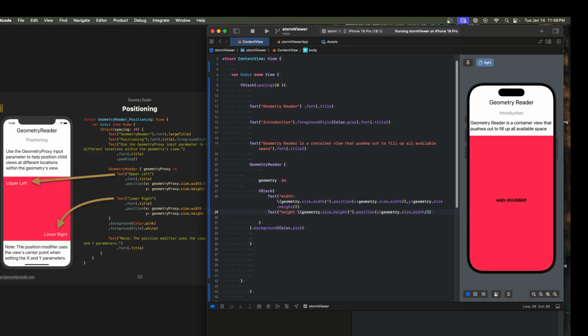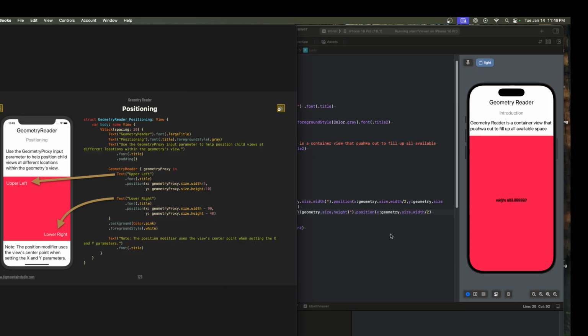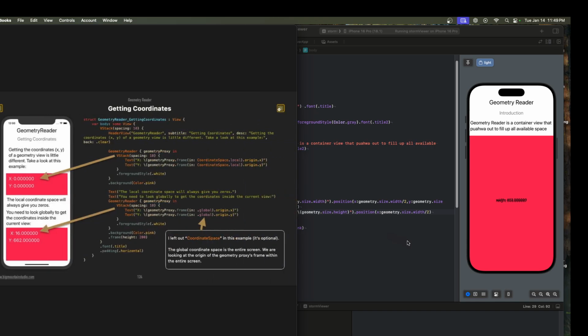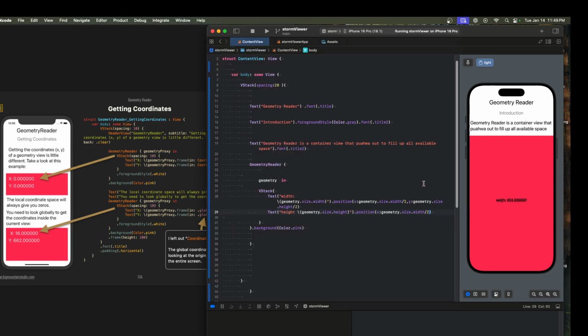And then coordinates. So I need X and Y. Like this is an X and Y, right? This is 0, 0. So now to get the coordinates,